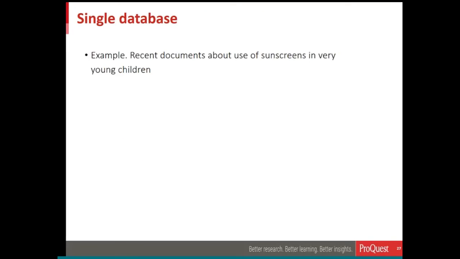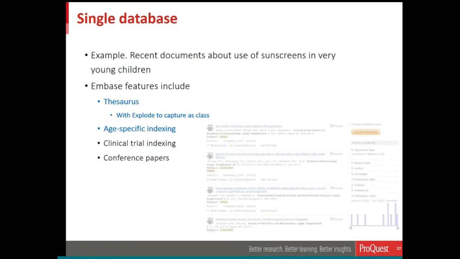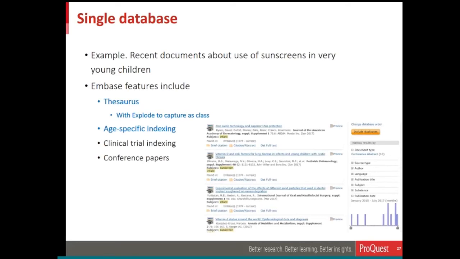So to give you an example, if I was looking for recent documents about the use of sunscreens in very young children, the Embase database includes a thesaurus. So it has the explode capability to be able to capture sunscreens as a class as opposed to the individual agents that are being used as sunscreens. So I can, again, use explode in the thesaurus to capture that entire class. It's got age-specific indexing so that I can focus in on that grouping of the population that is very young